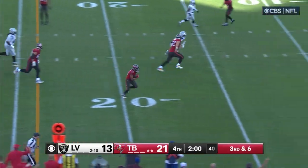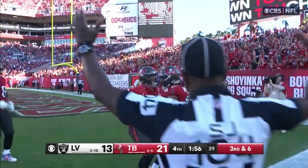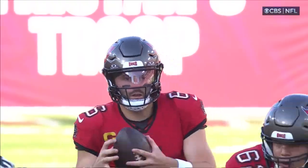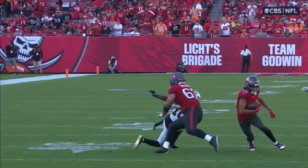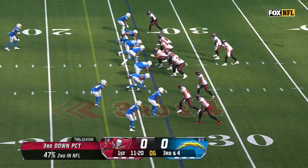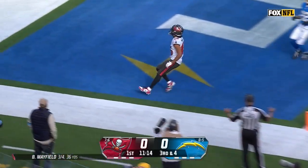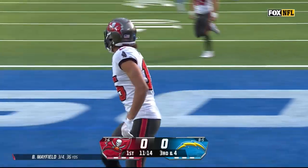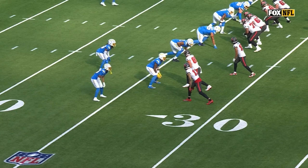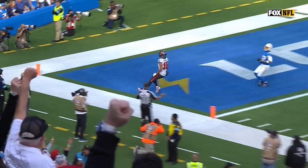Mayfield goes underneath, gets it to McMillan, and he is going to stroll in for the Tampa Bay touchdown. Well, perfect play call. You know that all-out blitz. The Raiders are going to bring the house, no help. Before their game against Cleveland today. Mayfield wide open. McMillan walk-in touchdown. His 3rd in the last 2 games, and that was as easy as it gets. But essentially, you're going to get the little rub route on the outside to McMillan. You see him attack vertically first, and then everybody just...